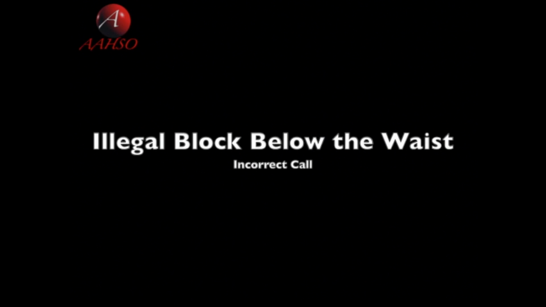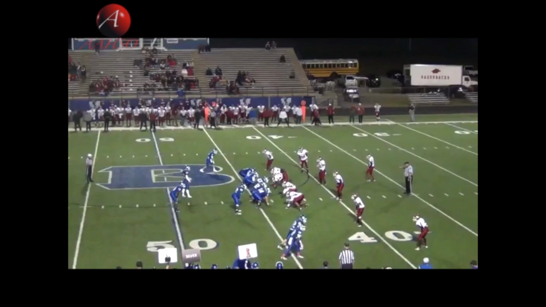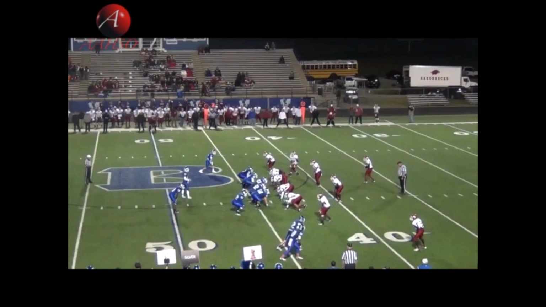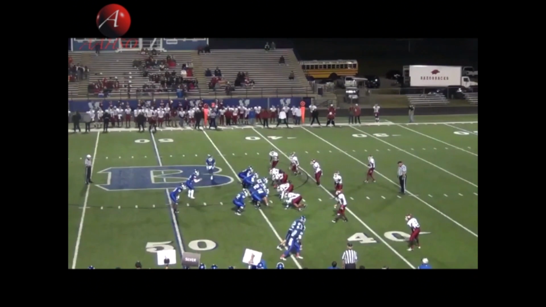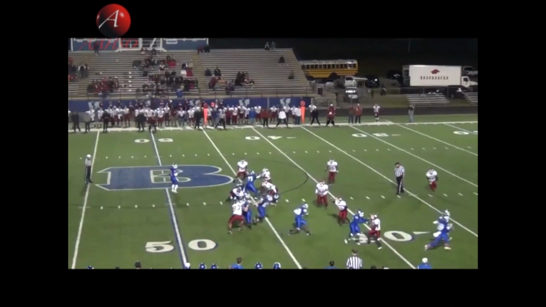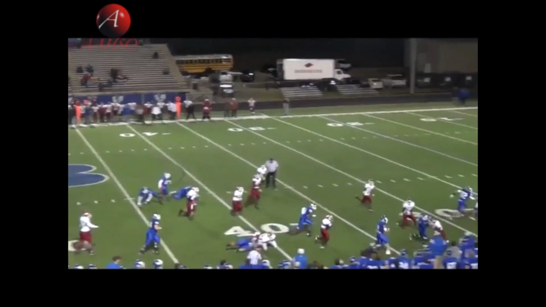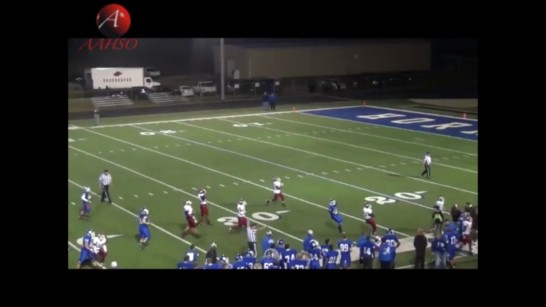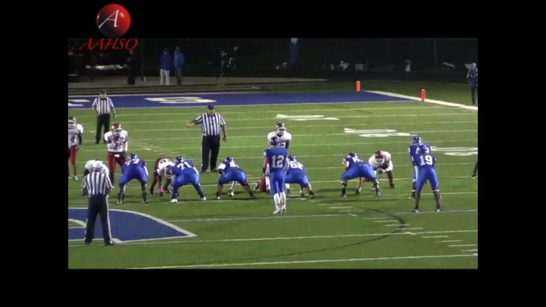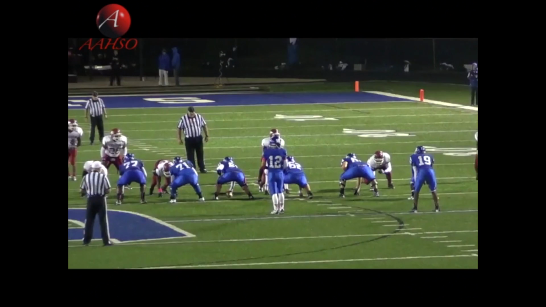Let's talk a little bit about blocking below the waist and the free blocking zone. On this play, we improperly call an illegal block below the waist on the center. And before we get into too much about that, I want to talk about the importance of the free blocking zone and understanding, with the creation of the shotgun and the pistol formations, by interpretation, the free blocking zone rule